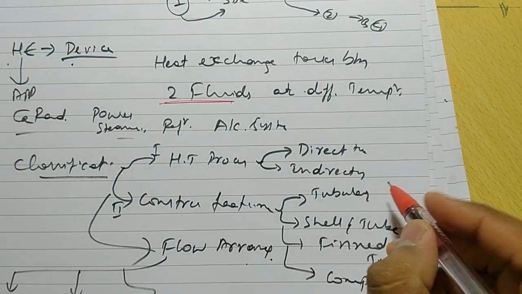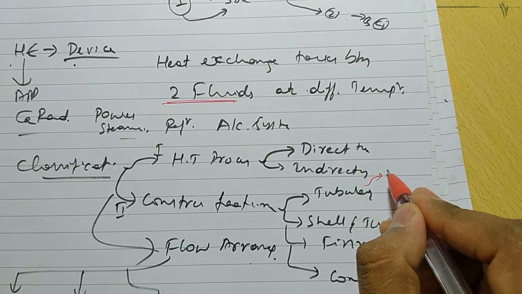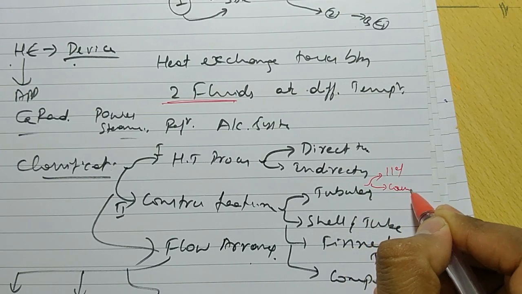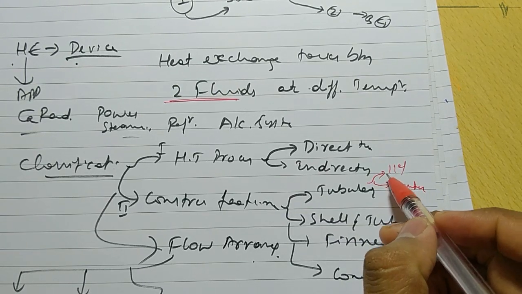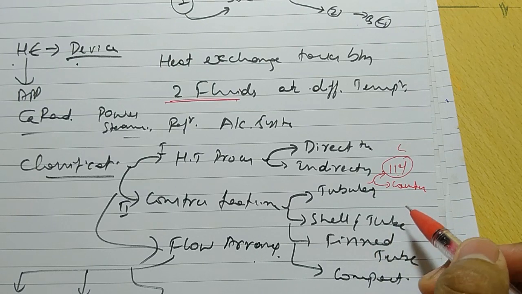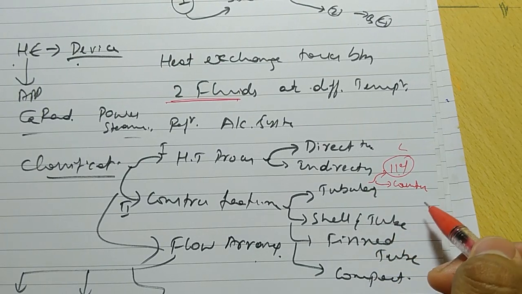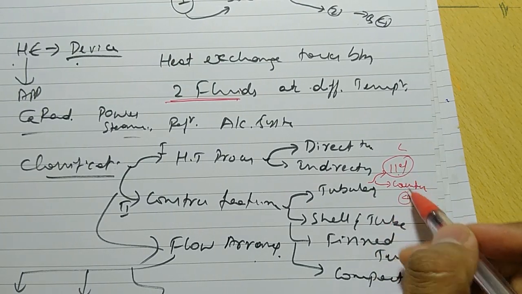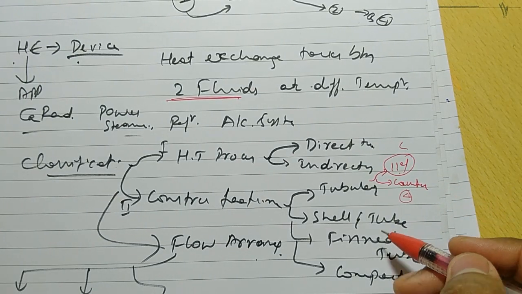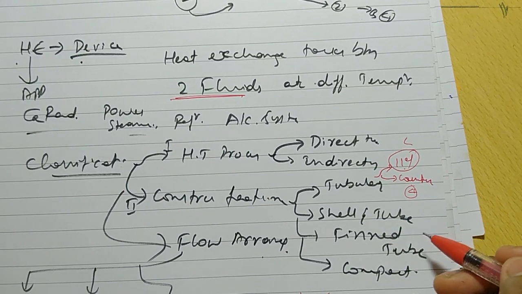In tubular heat exchangers there are two types: parallel flow and counter flow heat exchanger. Today we are going to discuss the derivation for the parallel flow heat exchanger only. Parallel flow and counter flow, totally 4 derivations. Out of 4 derivations, 2 derivations I will discuss today, in this class. Later, the shell and tube heat exchanger, that one we will solve.